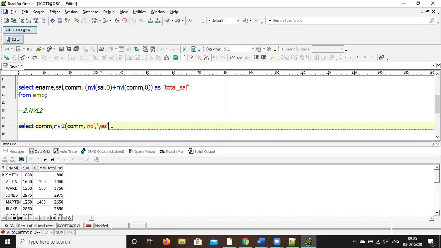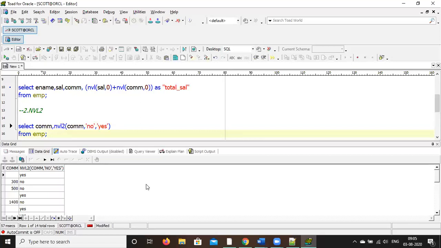Bracket close from EMP. Semicolon. Run it. So here, suppose you want to find whether in commission, if it is null, then put yes. Then if it is not null, then put no. So you have to write in this format.